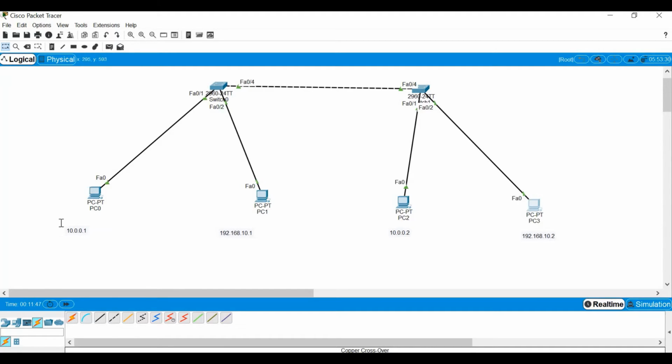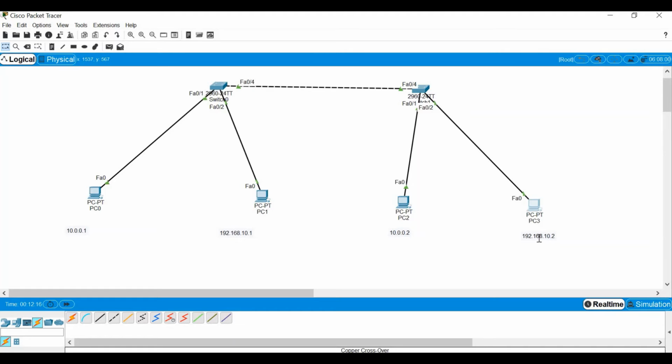I am going to name the 10.0.0.0 network VLAN 10, and the 192.168.10.0 network VLAN 20. VLAN 10 will be named student, so these two PCs are for students, and VLAN 20 will be named faculty, so these two PCs are for faculty.